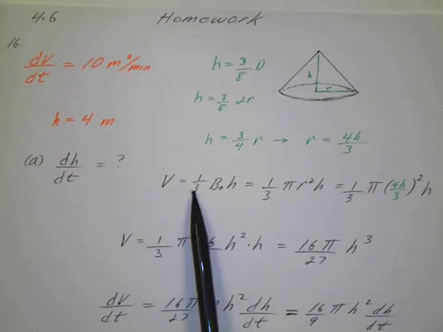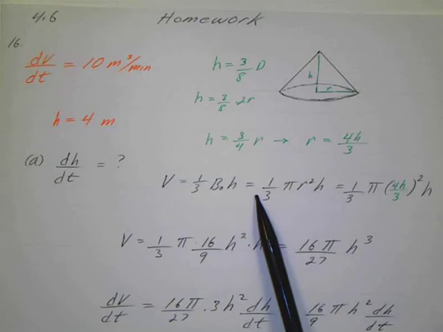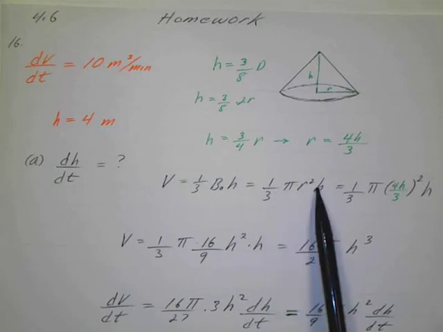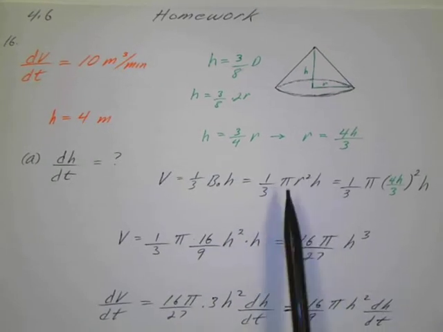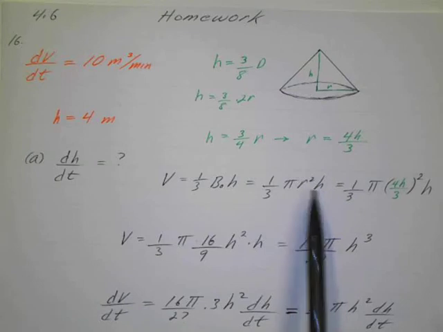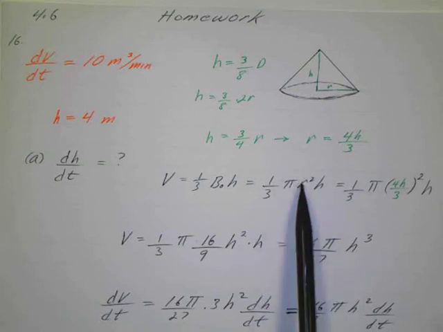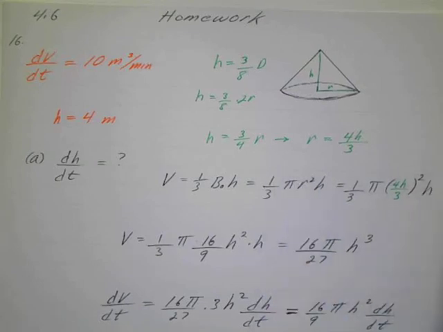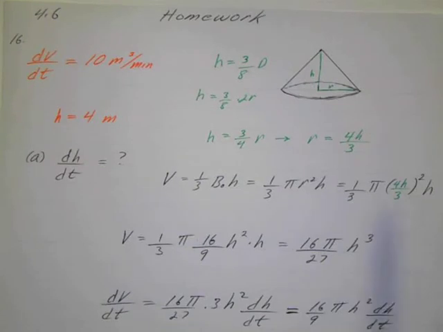Volume equals 1/3 base area times height, so volume equals 1/3 pi r squared h. There's our base area. Now we're going to get all this in terms of h